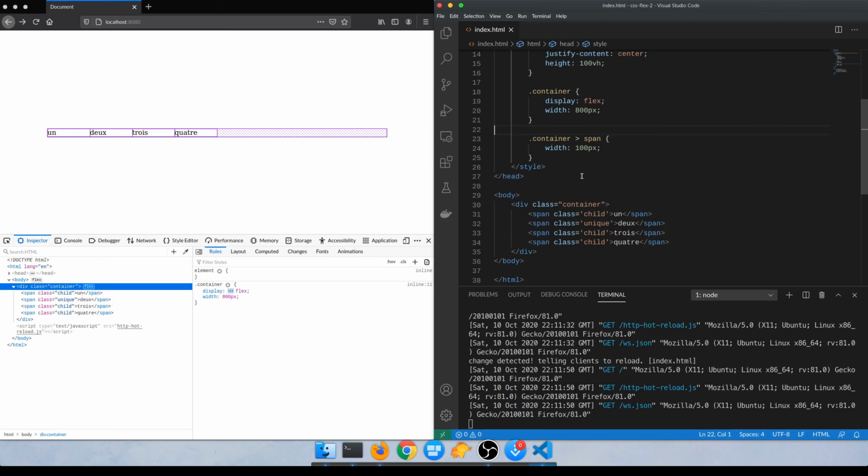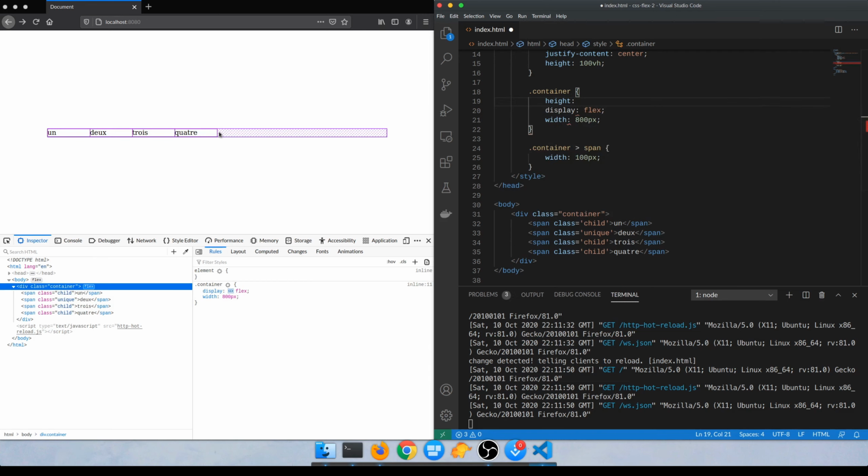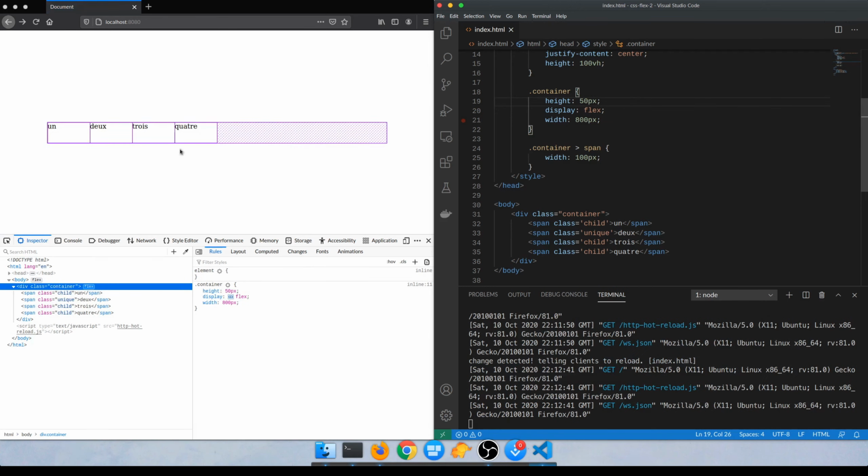All of the basic setup is done. So now let's look at some new properties on Flex that we didn't look at last time. If I increase the height on this, currently the height is decided based on the content. Since these require just one line, it's 19 pixels. So if I make this, let's say, 50 pixels,